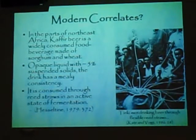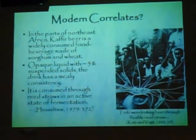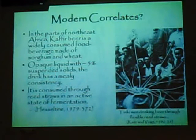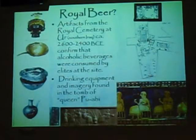Here's an interesting correlation, actually, in parts of North Africa. These folks here are drinking communally out of a gourd, in this case a kefir type of beer brewed there. So this was again a ceremonial kind of thing, a ritual event, just getting together with the lads and having a chat and drinking. Active fermentation, mind you, but a good substitute for nutrients, and then of course the byproduct. You can stumble home to your wife and tell them all